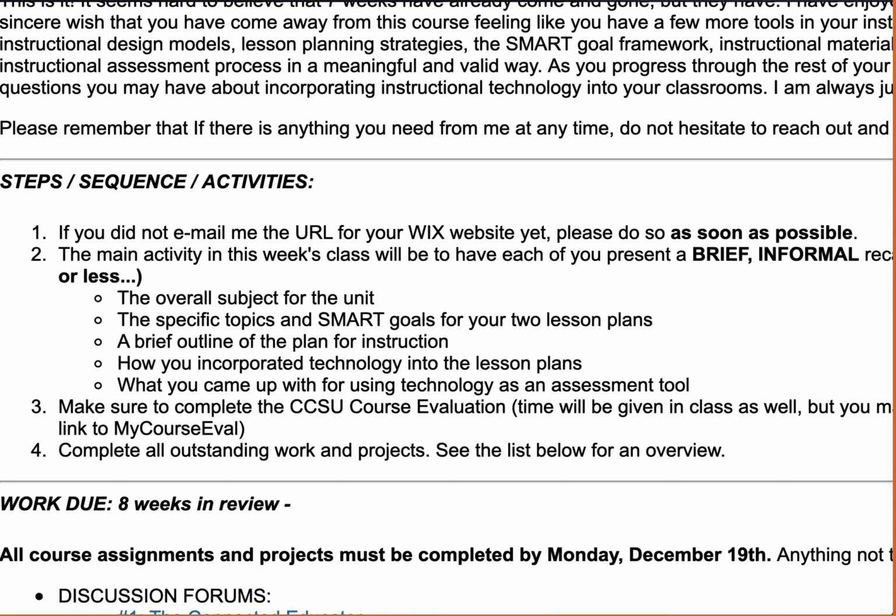In order to do that, I had to talk specifically about sequencing words like first, next, then, after that, finally. One of the standards is students will be able to use a variety of transitional words and phrases to manage the sequence of events. Students will be able to produce clear and coherent writing in which the development and organization are appropriate to task, purpose, and audience. And there are various other technology standards that went into this, like even algorithmic thinking, develop a sequence of steps. It all kind of intertwined, so it worked out really well.